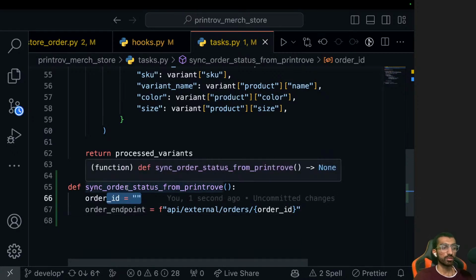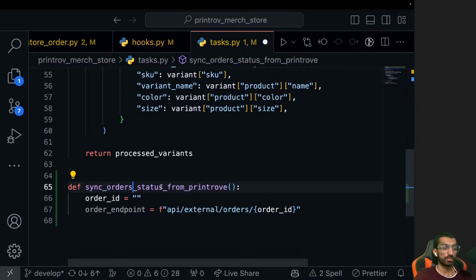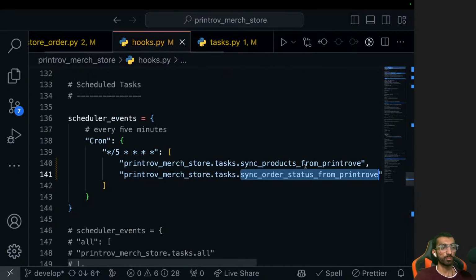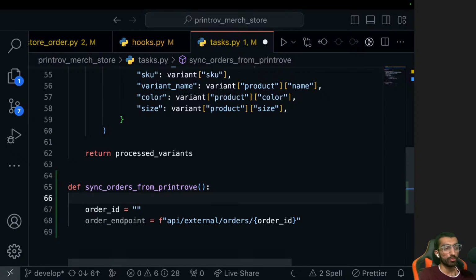So sync orders. Let's simplify the name. Sync orders from print row. Yep. So we have to get the orders for which we have to sync. We'll do frappe.db.getAll store order